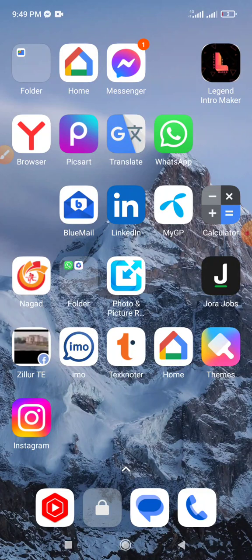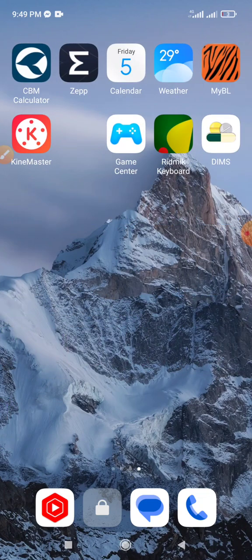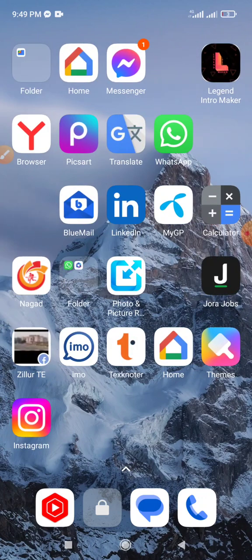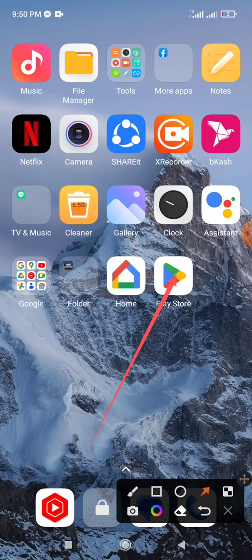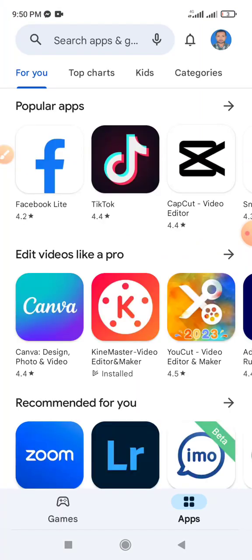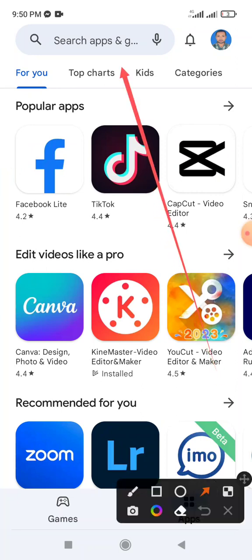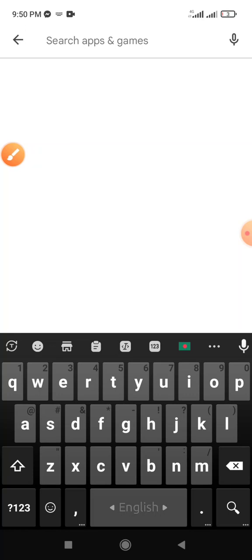If you want to install the Google Translate app on your mobile phone, then see my video step by step. First, click Google Play Store. This interface is showing on your mobile phone, at which time Google Play Store opens. Click the search apps option and type